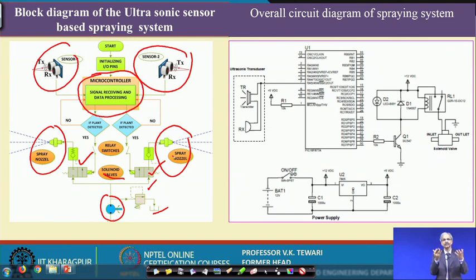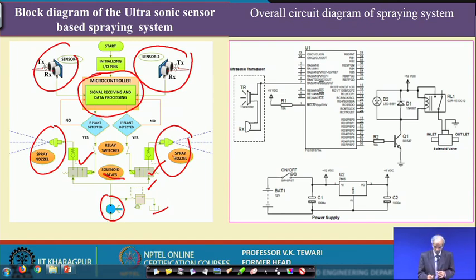Maybe only 50% of the insect infestation will be controlled, the others will not be. Therefore, you have to plan the location and orientation of the nozzles and the boom with respect to the canopy in such a way that you are able to spray the liquid, whether it is insecticide, pesticide, or fungicide,